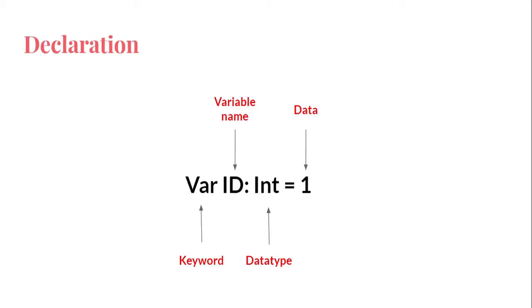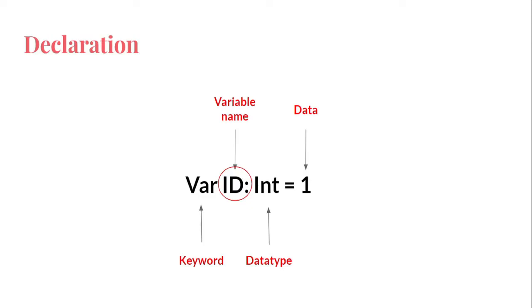So now we'll see how to declare a variable. What is the syntax? The very first keyword is var or val that we have already discussed, right? So that will be the very first keyword that we'll use. Then we'll use the id. Id means the variable name, the name you want to give to the variable. For example, if we want to store the name of a person, we can use person name. The name of the variable is written here after the var or val keyword.